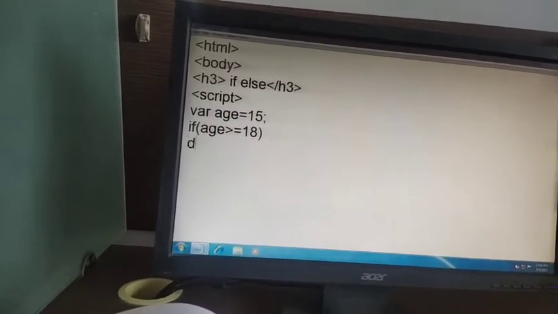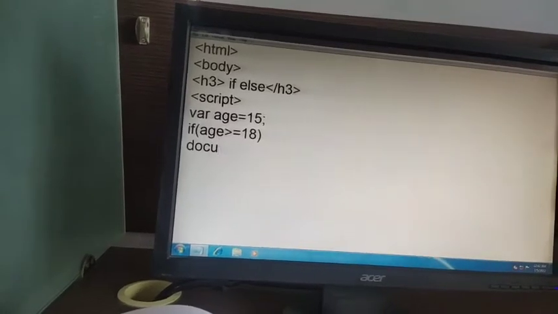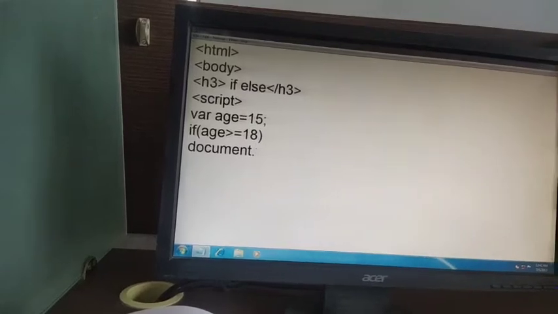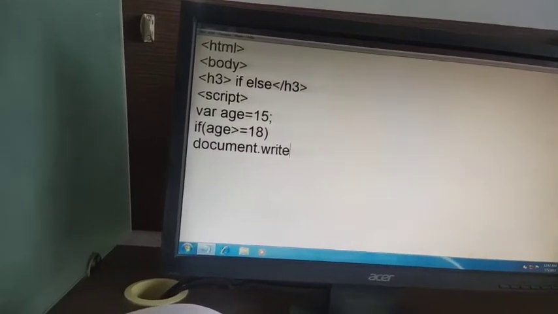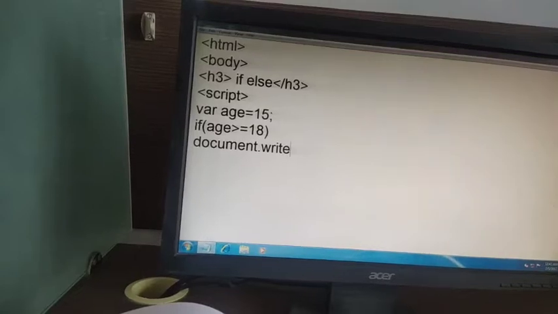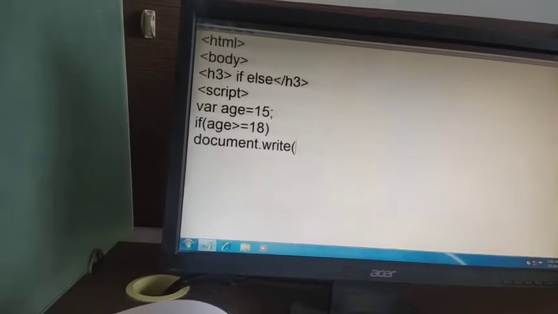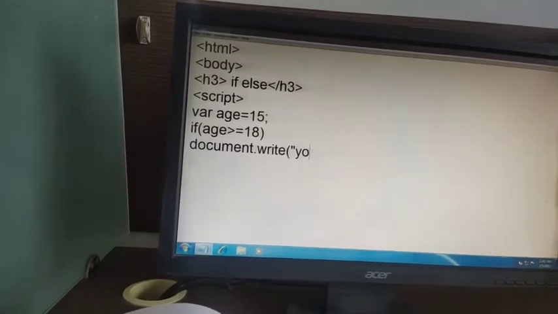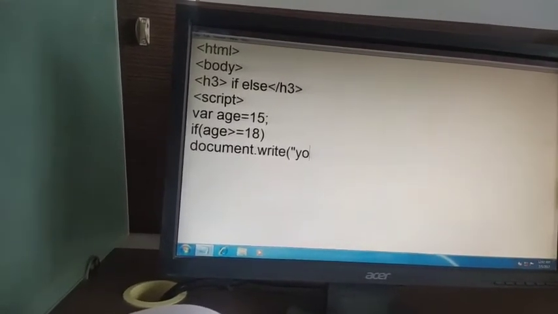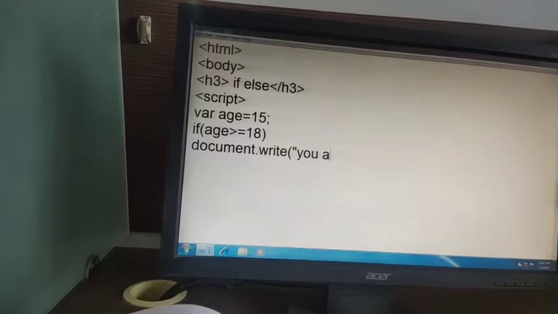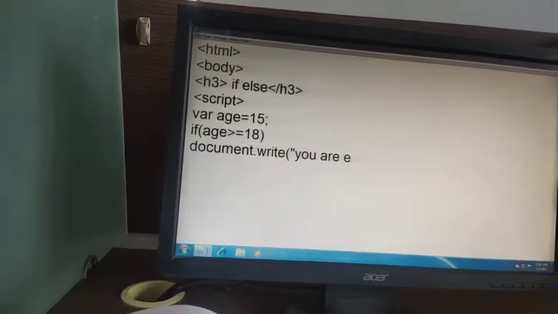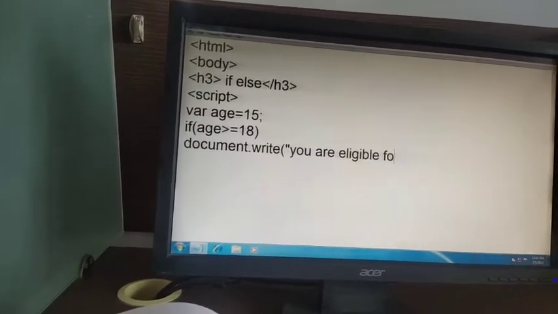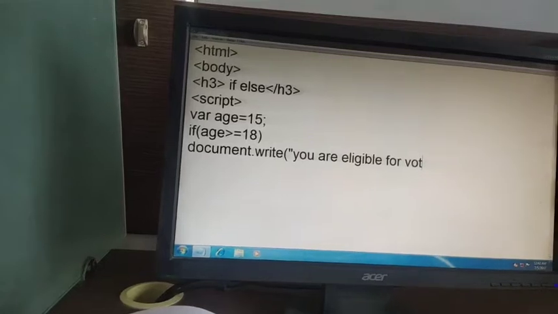If this is true, then document dot write, in inverted commas, you write you are eligible for vote.